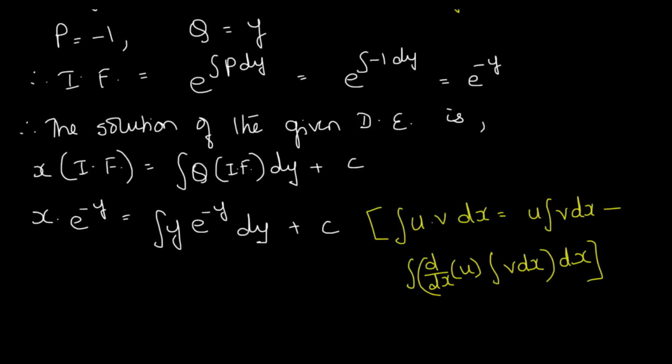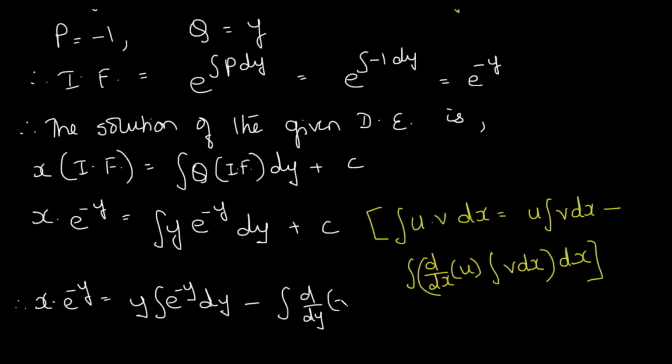So therefore in this case, our first term becomes y, u becomes y, and v becomes e raised to minus y, using the rule LIATE. You can use it in your mind and see. So therefore we get x into e raised to minus y is equal to y integral, using this particular formula, y integral e raised to minus y dy minus integral d dy of